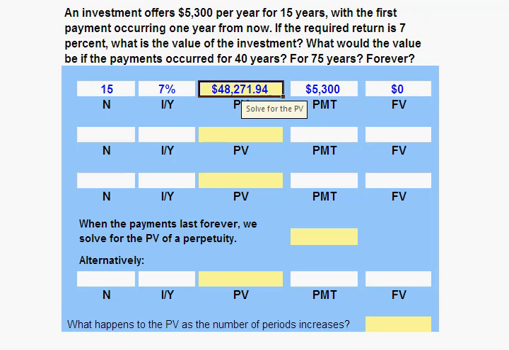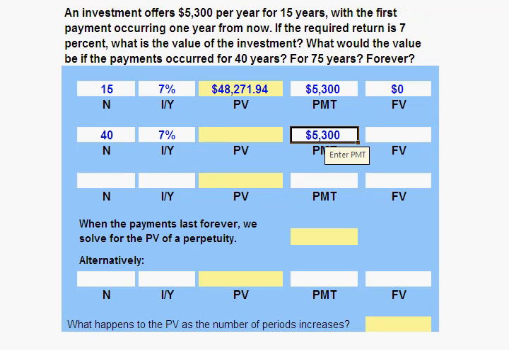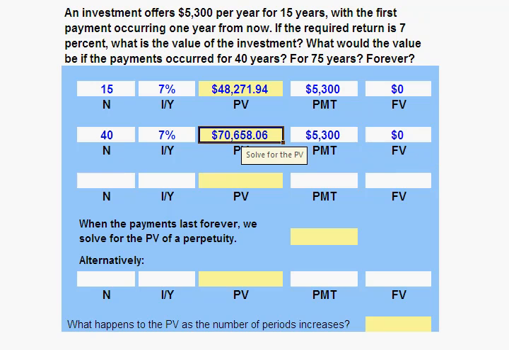When we solve for the present value, we find it has a present value of $48,271.94. If we were to receive this $5,300 a year for 40 years, we would enter 40 for the number of periods, the same 7% for our interest rate, the same $5,300 for the payment, and again 0 for the future value. And when we solve for the present value, we find the investment would have a present value of